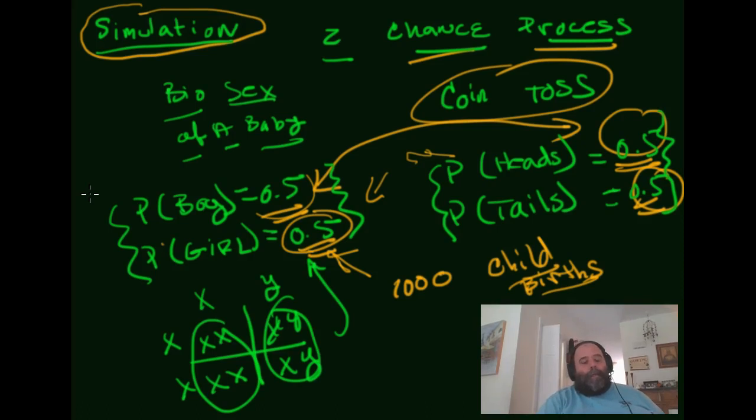And then simulation is when you exchange one chance process for another, where the two processes have identical probability distributions. And usually you do this because the one process has a lower cost in some way, either time, money, effort, risk, whatever, than the other one. So this is what we do. All right, so there you go. Probability, law of large numbers, simulation.